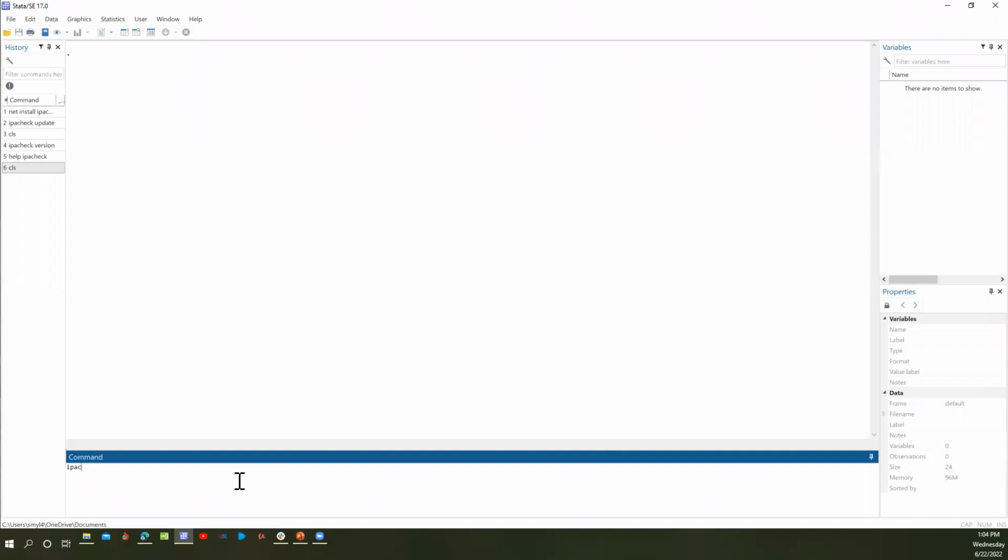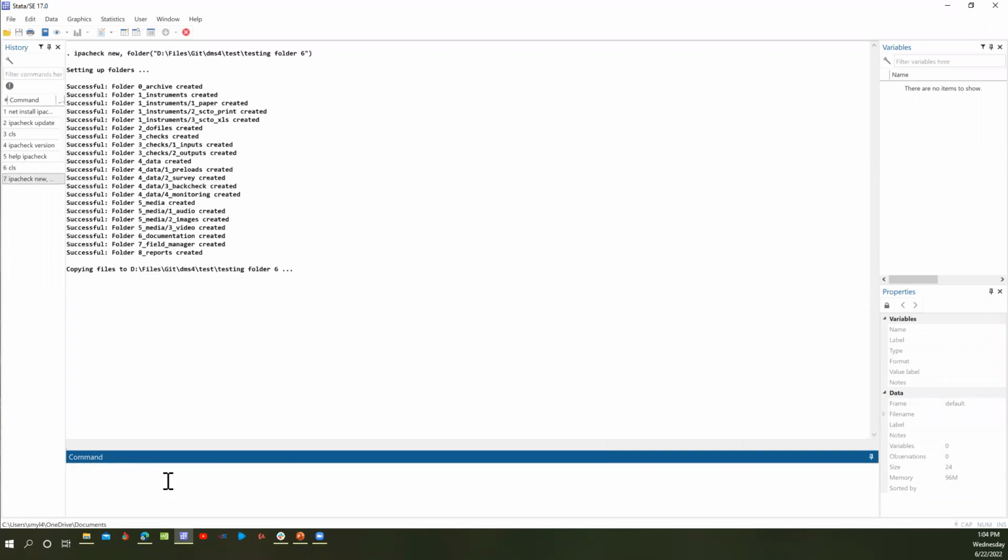So you type IPA check new, and when you hit enter, it will create the folder structure for you, but it will do it in your current directory. I'm currently in my documents and I don't want it there, so I would need to specify that I want it in this specific folder. And when I hit enter, it would create the folder structure and copy the necessary files that I needed into the folder for me.